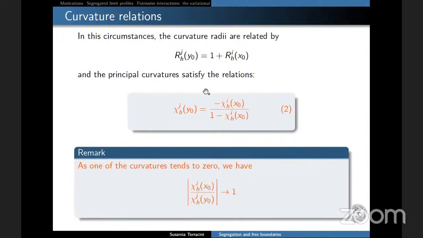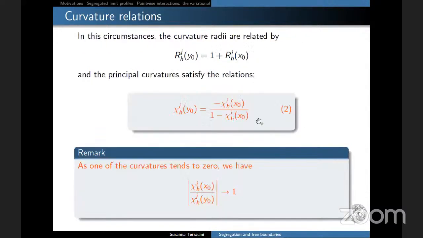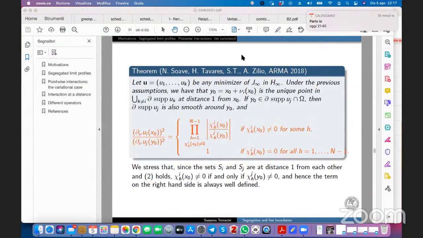This fact entails some relations among the principal curvatures at corresponding points, which can be written this way. This is somehow elementary. In the case where one of the curvatures tends to 0, the other also tends to 0, and the ratio